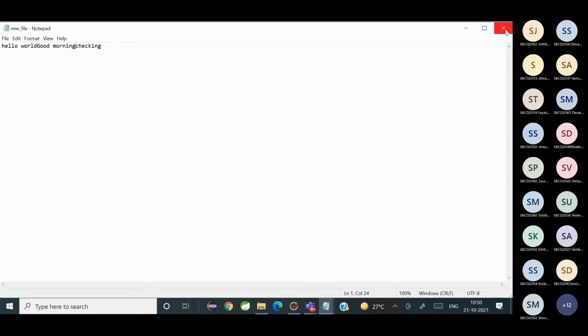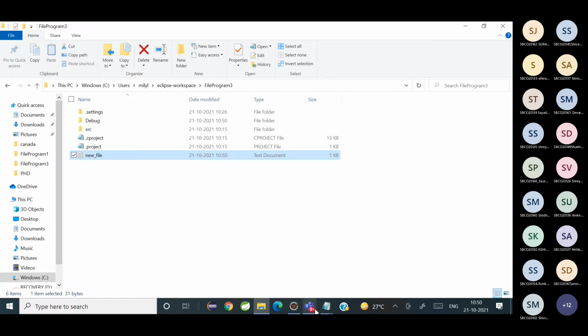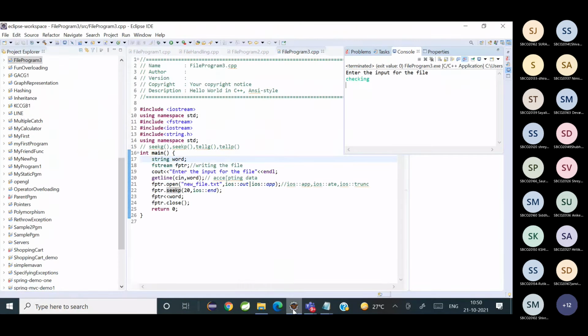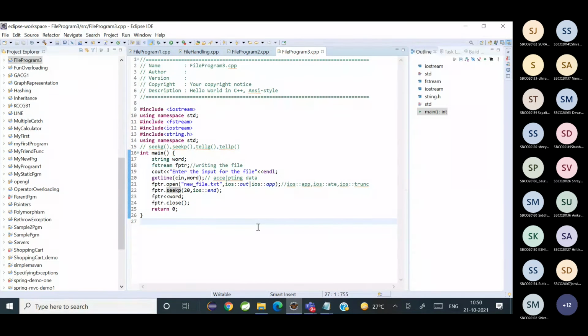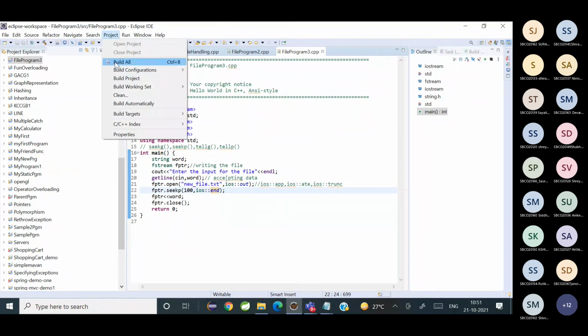We didn't see much difference here. I've removed the append part and let's see if it works now.